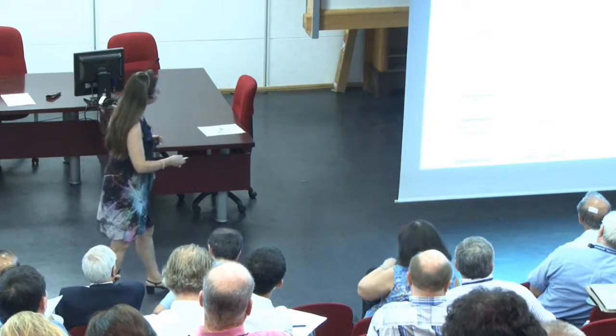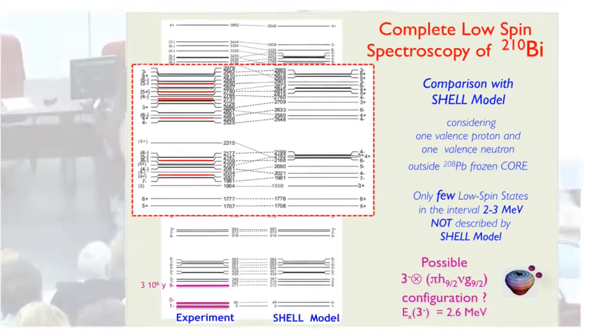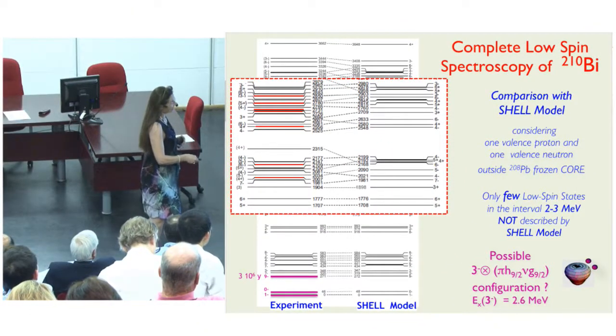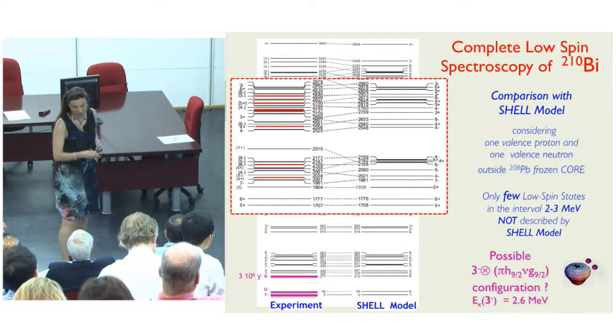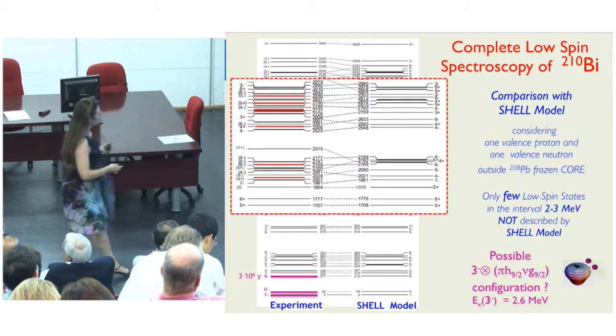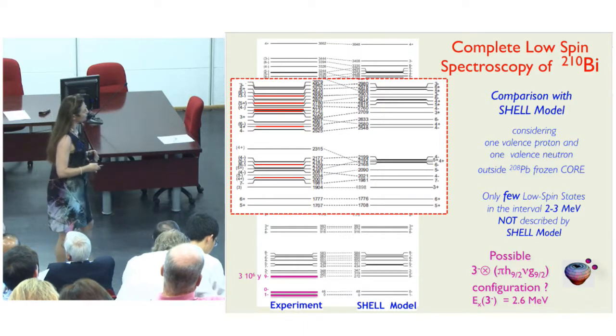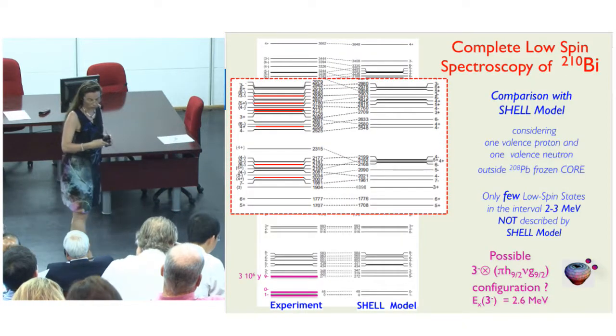But if you look closer in this region around 2 MeV, then what you see is that there are some states which are not reproduced, not appearing in the calculation, and this is exactly where one would expect to observe correlations, couplings between these proton-neutron valence particles and the phonon in lead-208, which comes exactly at 2.6 MeV. So, of course, this is a very good example of something which should be described in a more general framework, for example, making use of this hybrid model, which was developed for